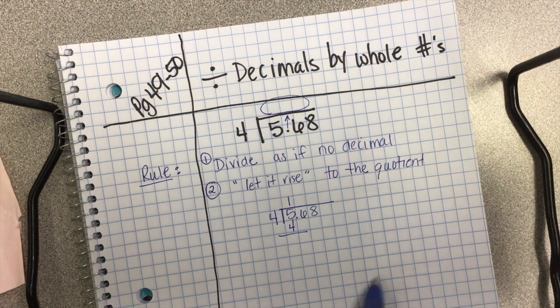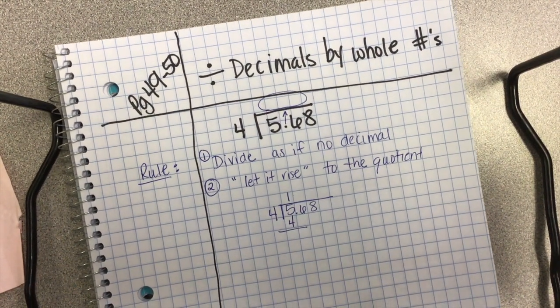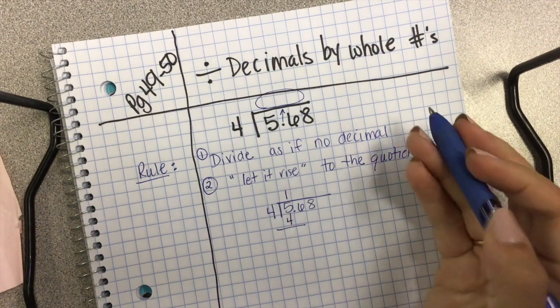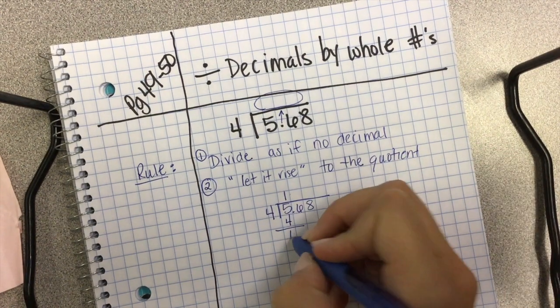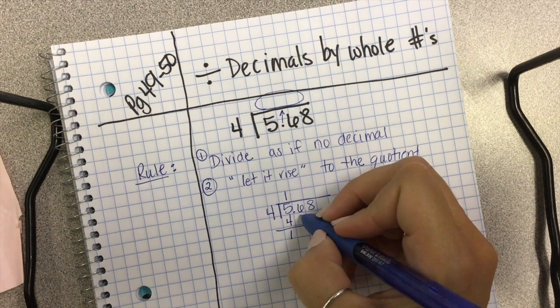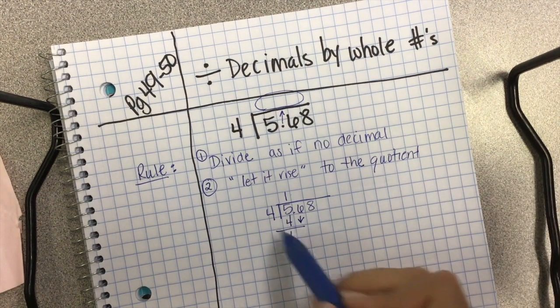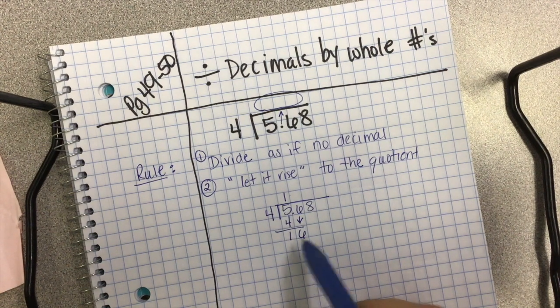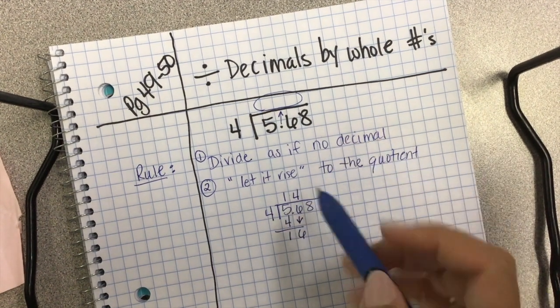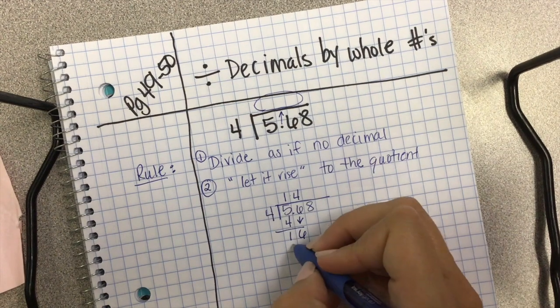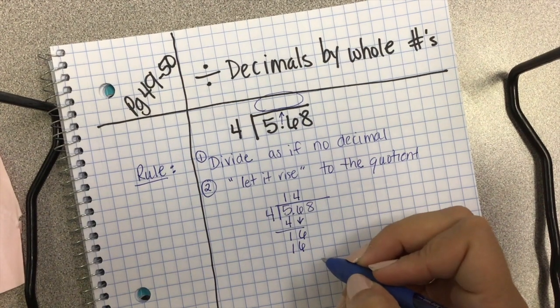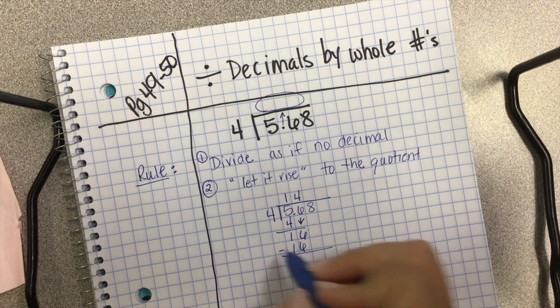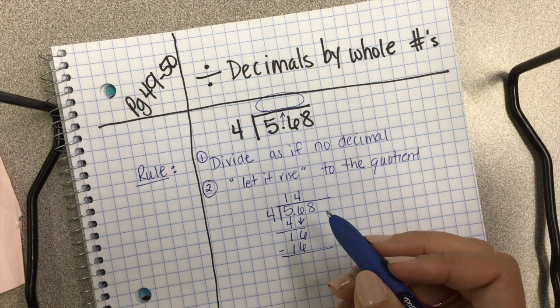You need to make sure you're really good with long division here. 5 minus 4 is 1. And then you're going to drop down that 6, right? Because 4 doesn't go into 1. So drop down that 6, and 4 goes into 16. 4 times 4, 16. And then we're going to subtract. 16 minus 16,